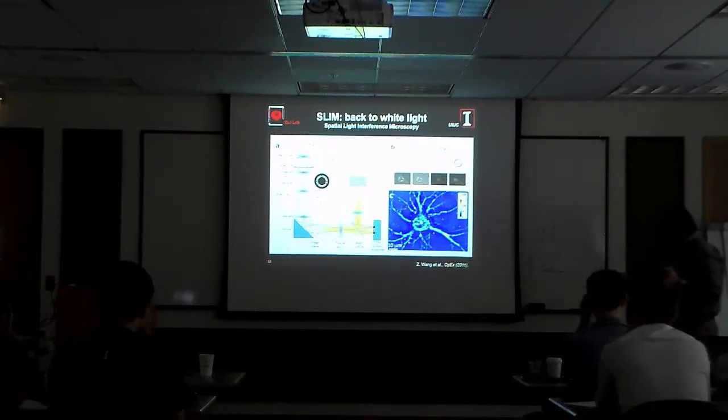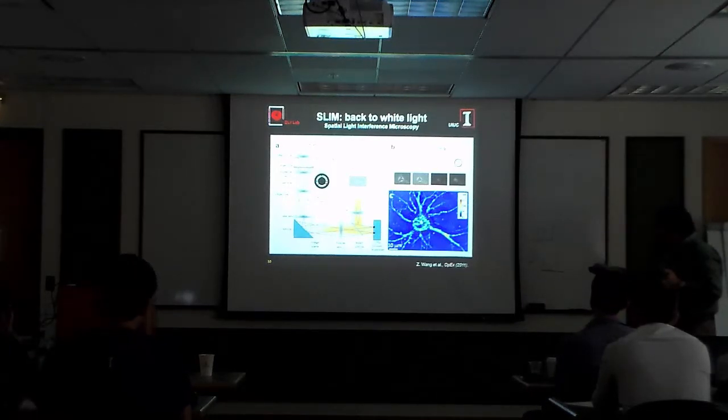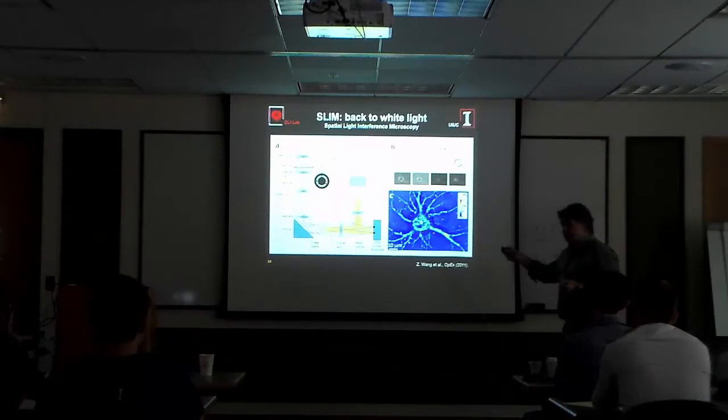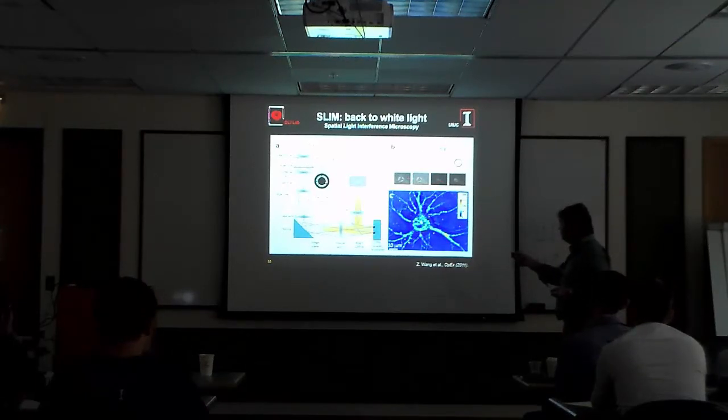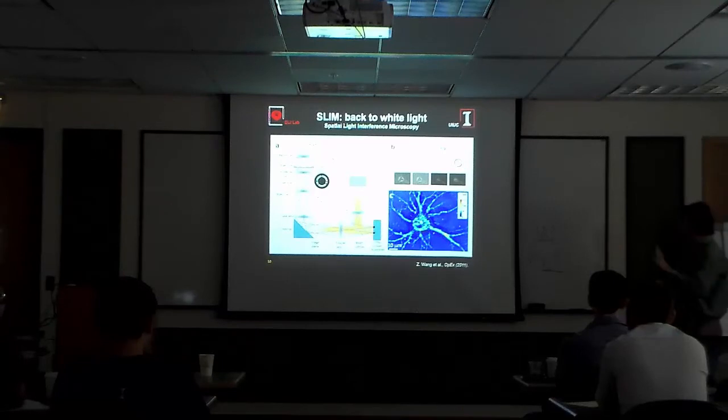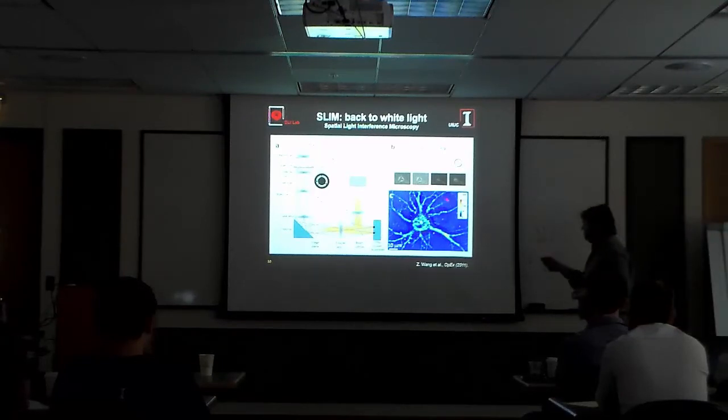So if there is no modulation at this plane, the light reflects off, goes through this second lens, reflects off the beam splitter, goes through here, and you get an image that is exactly the same as what the microscope gives you, meaning you get a phase contrast image. But if I now add a pi over 2 phase shift on top of the previous one, then I get another image. If I add another pi over 2, I get another image, and you notice they're all different. And another pi over 2, another image. I combine these 4 through a very simple kind of operation, and you end up with this.